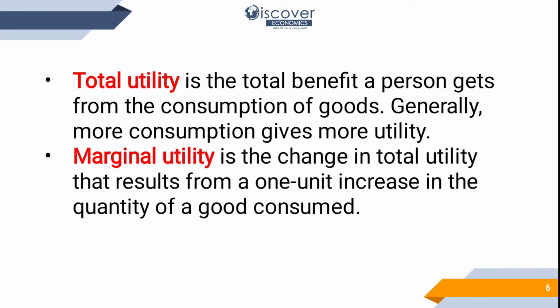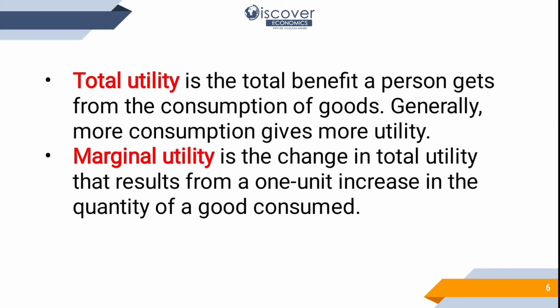Suppose he has written 8. Definitely the first glass of juice gave him 10 utility. The second will not give the same utility, rather utility will fall. Then utility will fall to 6. Now what I have said, 10, 8, 6, will be the marginal utility, because these utilities are actually the additional utilities that he is obtaining from the second and from the third glass.